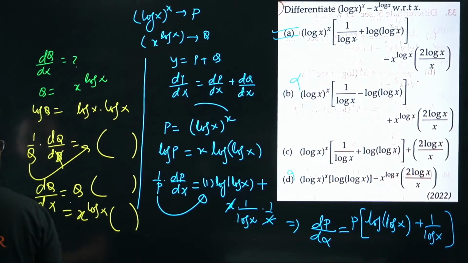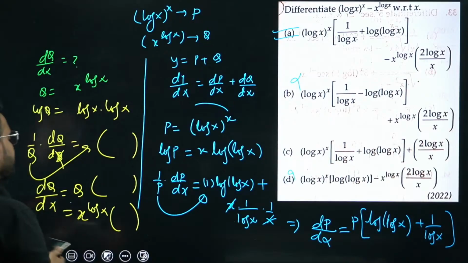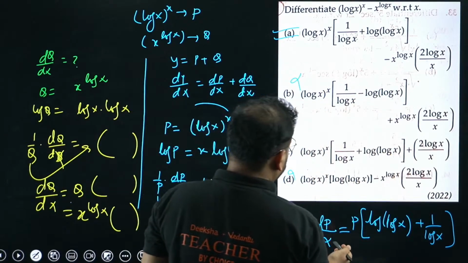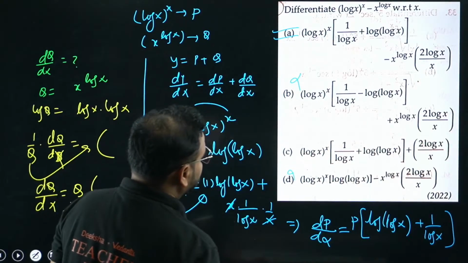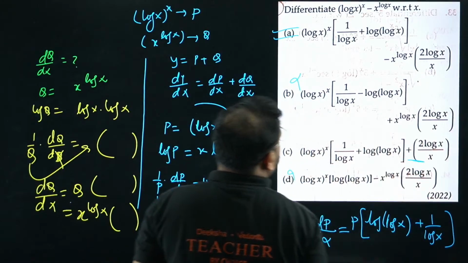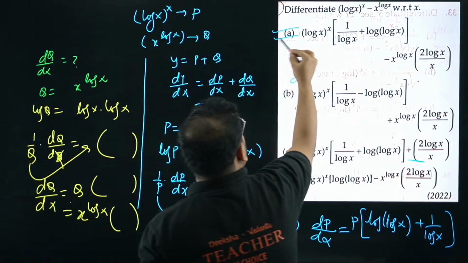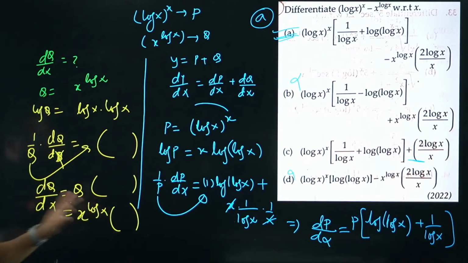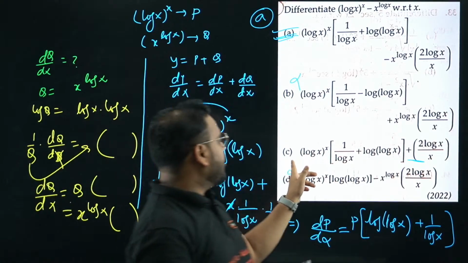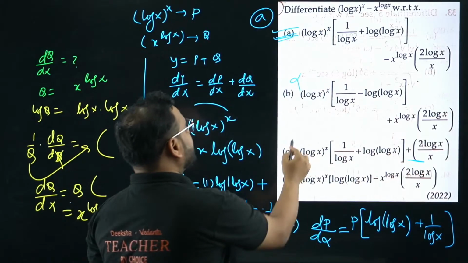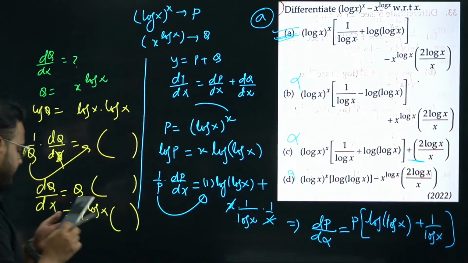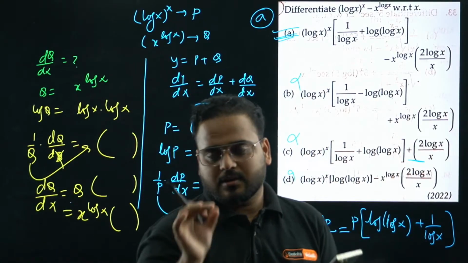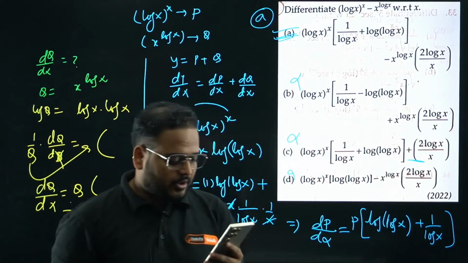Now check the options that you have. In the first option you have x power log x, but option C doesn't have x power log x. It means option C is also not right, so the answer has to be A only. Sometimes in a question you don't have to solve the entire problem. You look for what is not right in the given options. So I think all of you gave the right answers.